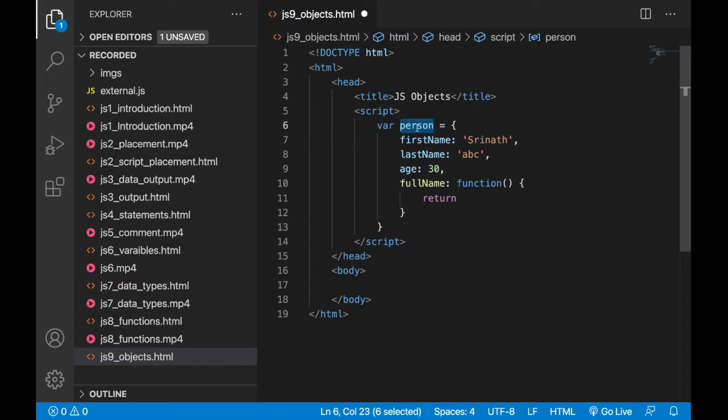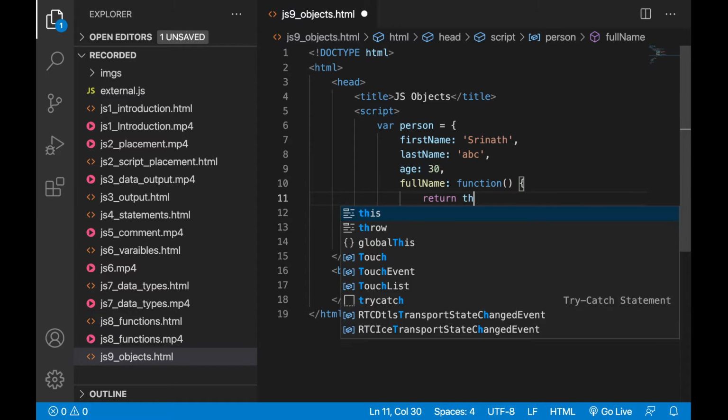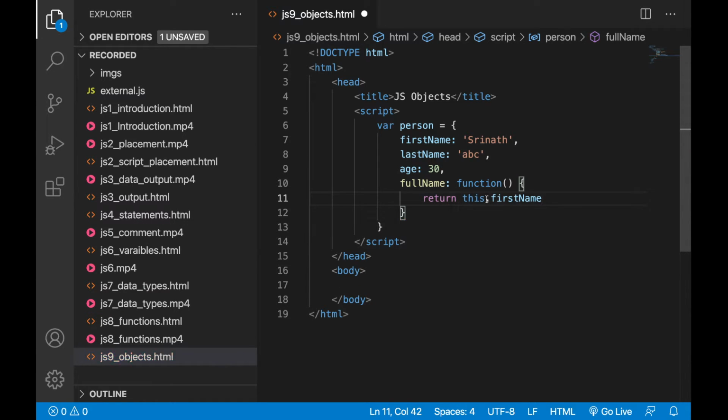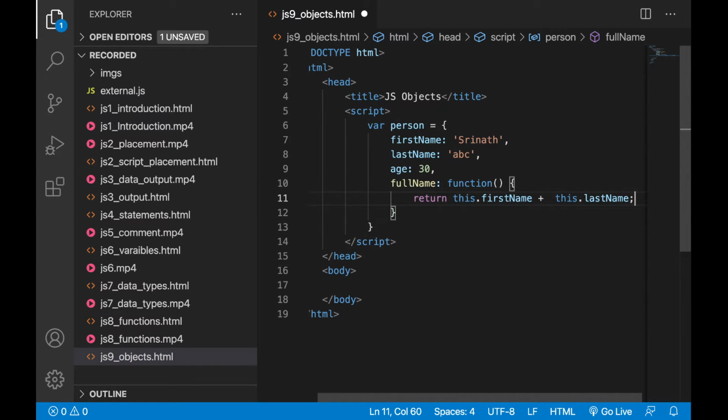Actually we need to write person.firstName, but I am just writing this.firstName. This is the shortcut for this object, so this will refer to the person only. person.firstName and this.firstName are both the same, plus this.lastName. I'm just adding both for the full name.